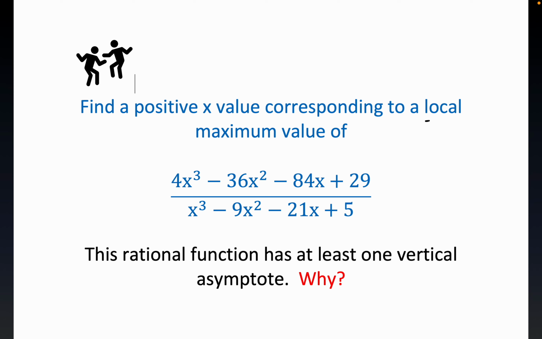We have some pretty specific instructions. We're supposed to find a positive x value that corresponds to a local maximum value of this rational expression composed of cubics. Now, y'all, I was kind of picky about the local here because notice that we have a cubic denominator,